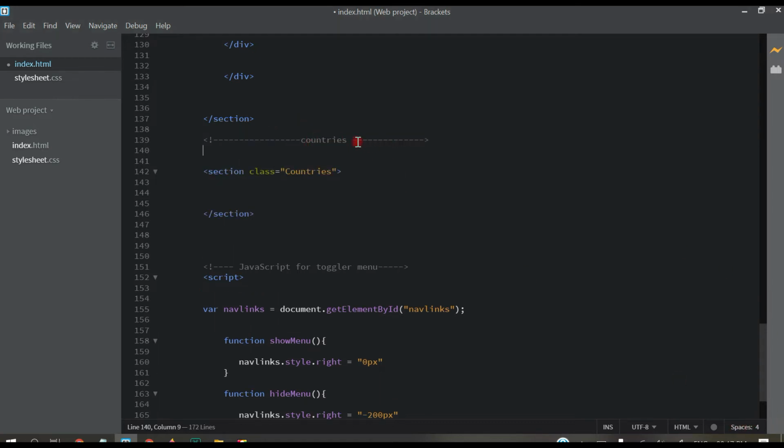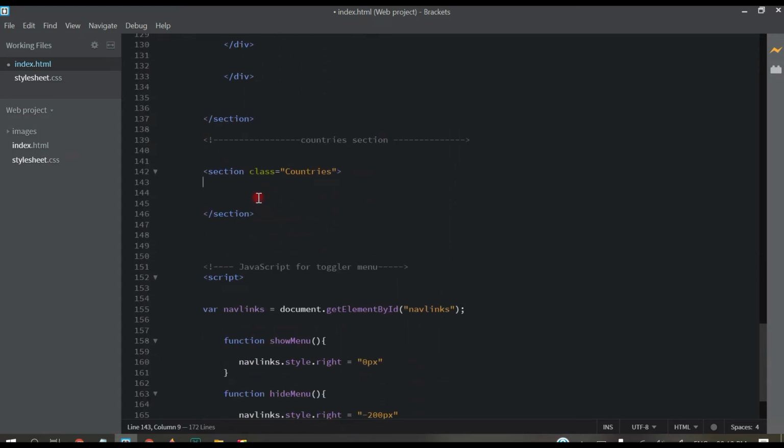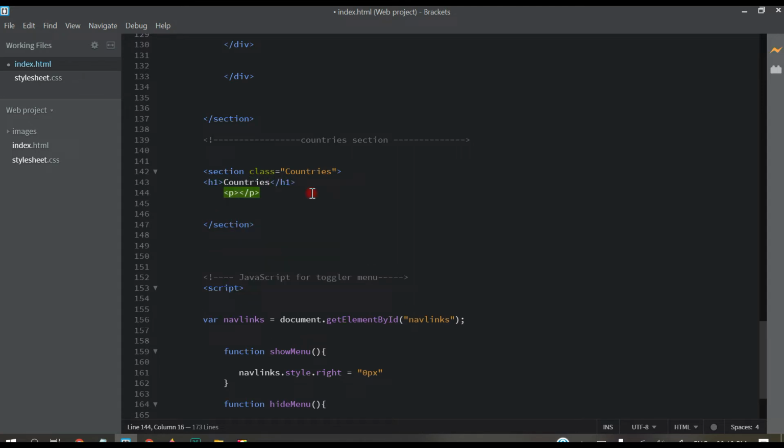And add this comment here, countries section, like this. So here we have to write one heading, H1, countries, and paragraph.